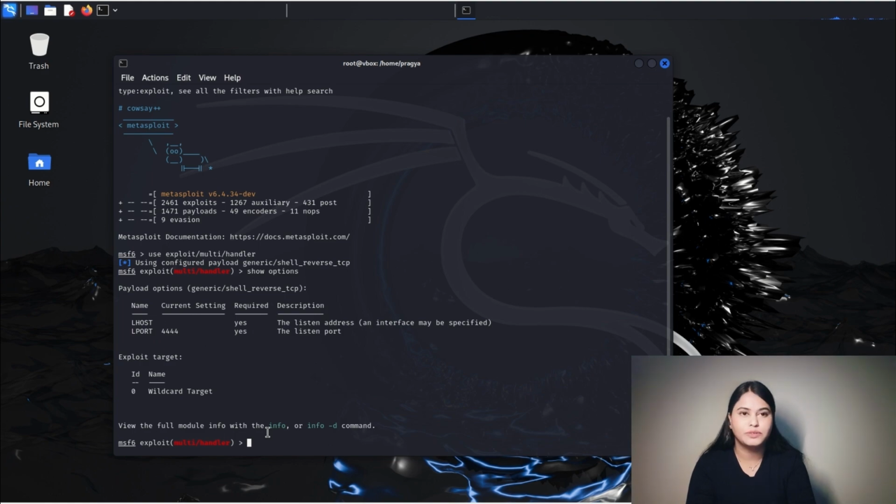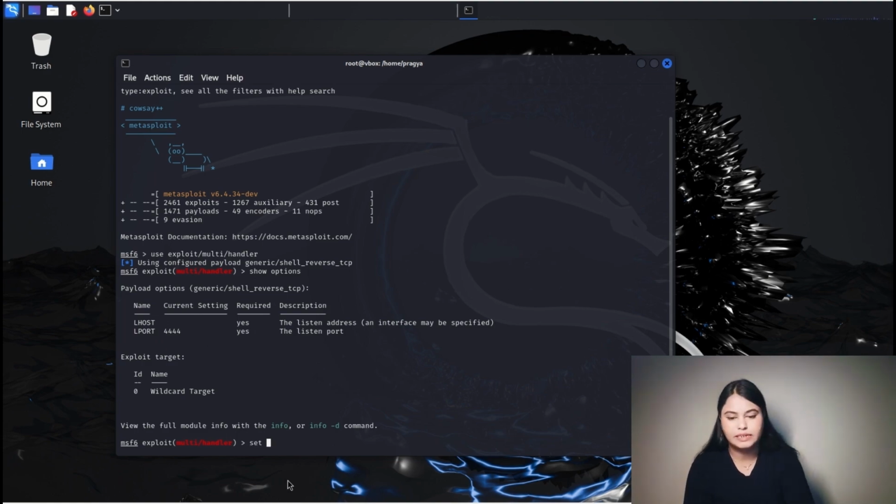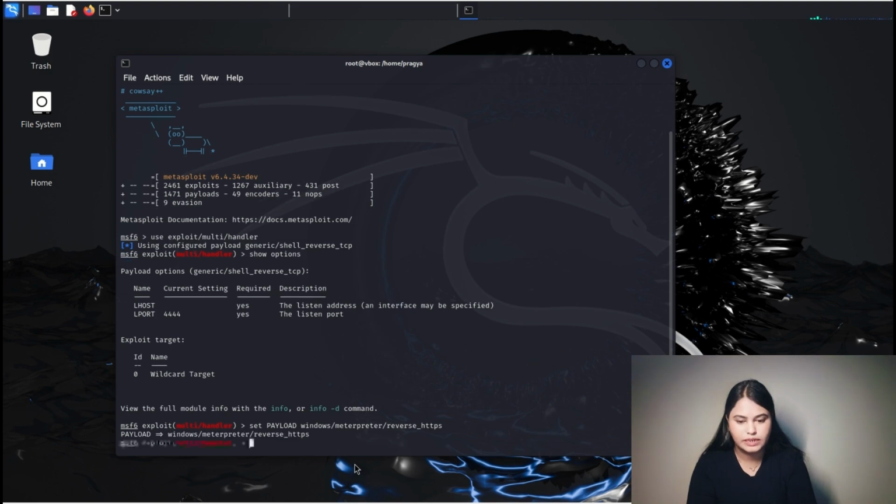We can also check using the help command, but directly I will be setting this. Set payload windows meterpreter reverse HTTPS. We did not get any error, so this means this is set.